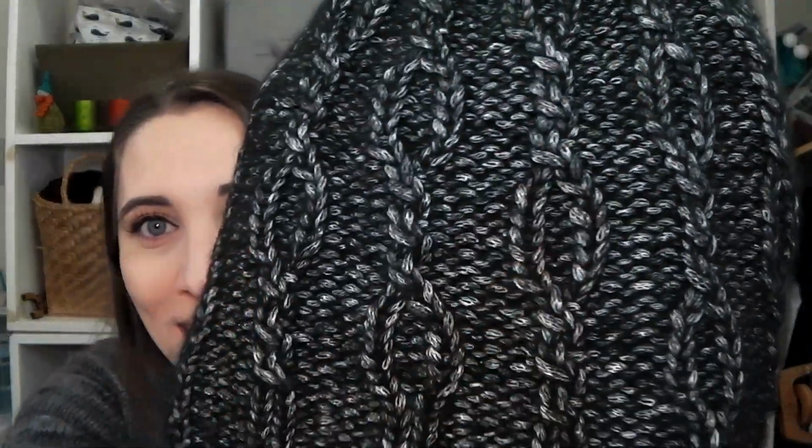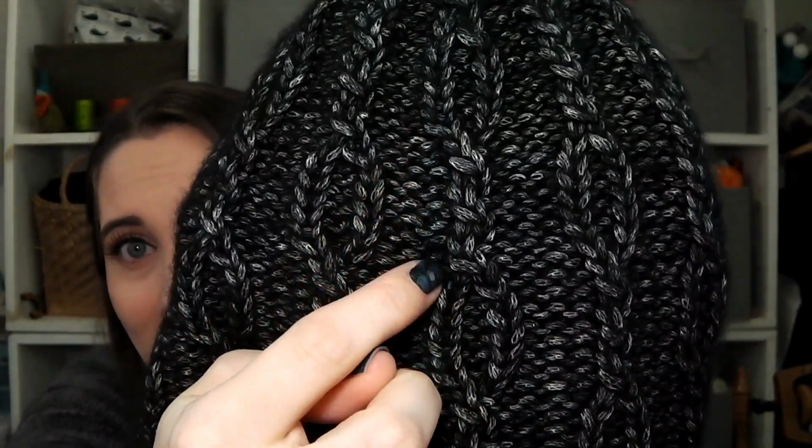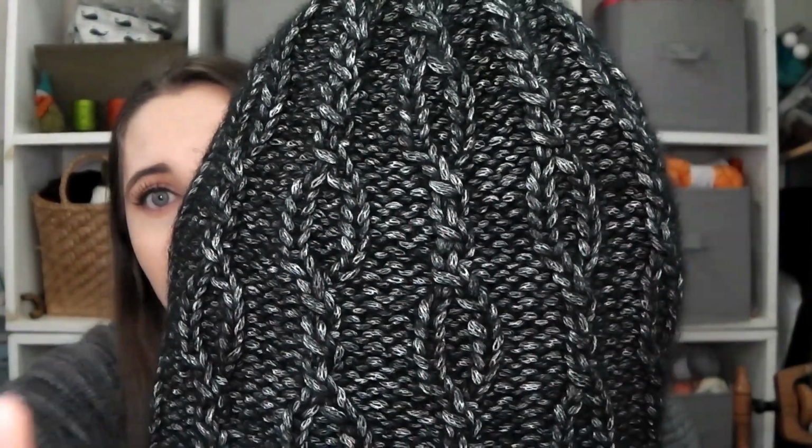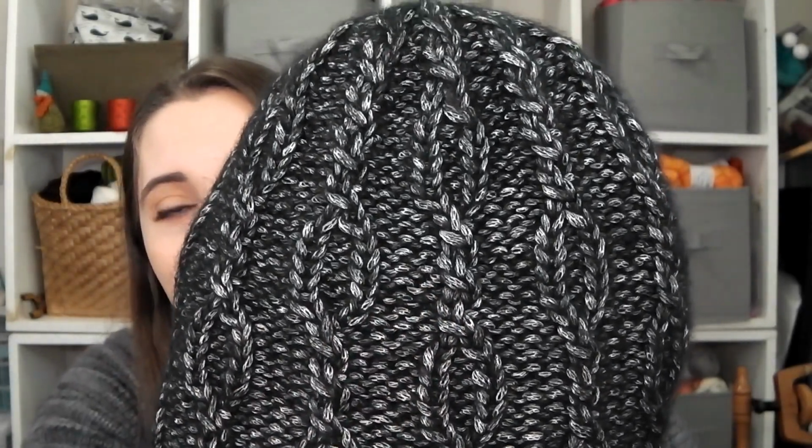So I told you guys I designed this pattern using Stitch Fiddle's free charting program, and I just plugged in symbols and went to town, but I didn't realize that it's not even a mistake, it's just a minor imperfection that could be changed to make the pattern stand out better. So you've got these wire heddles, basically. They look like wire heddles, but right here, these twists, these little cables, the cable symbol that I popped in was